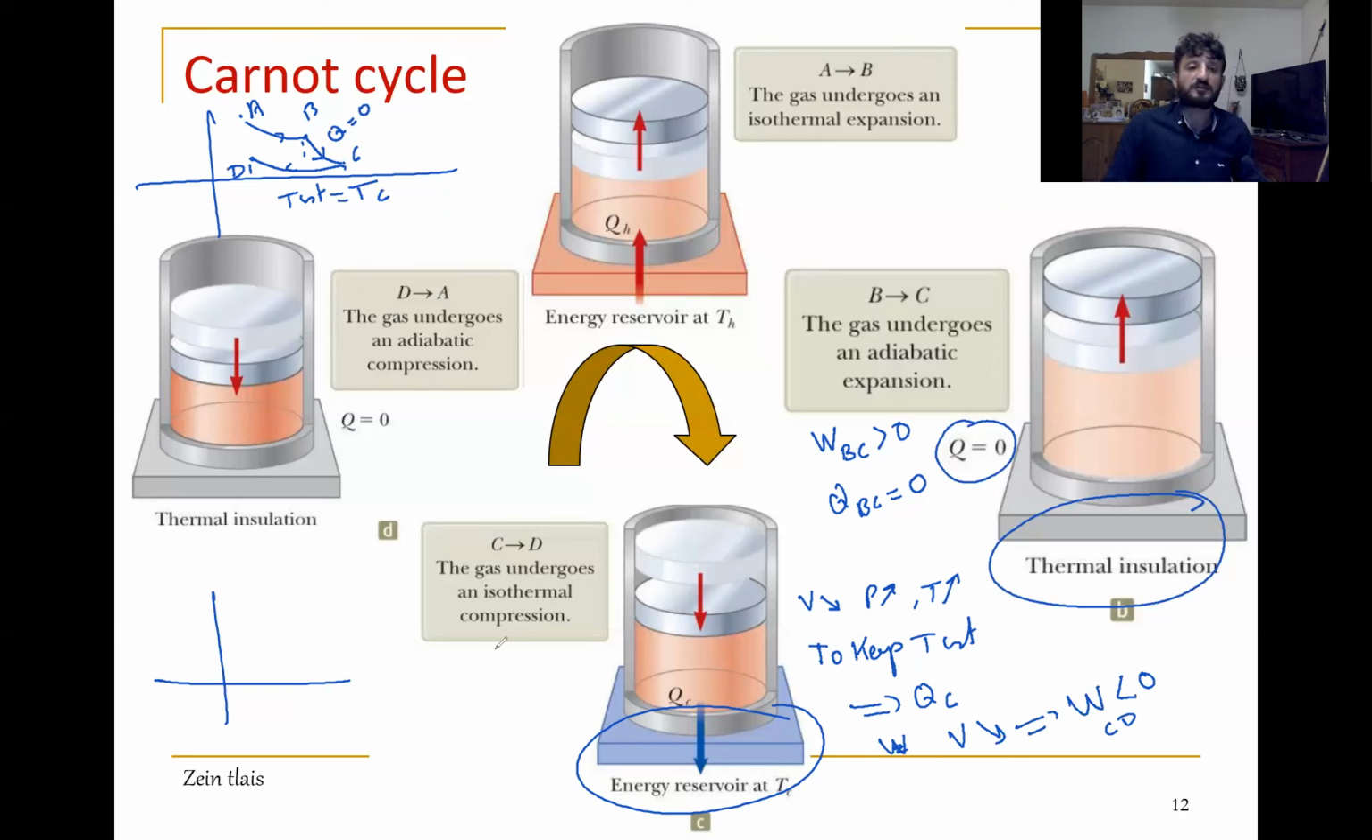Okay, T cold. Now, the last point, from D to A, like this, it's an adiabatic process where the volume decreases. In this case, omega DA must be negative, and Q DA equals 0 because adiabatic. So what you have to know now,